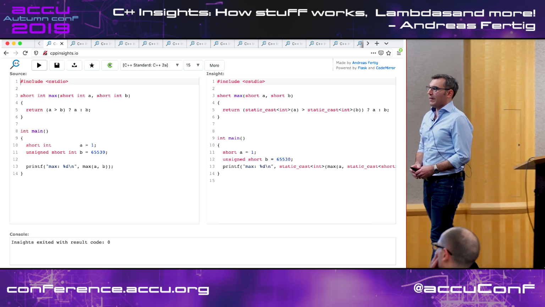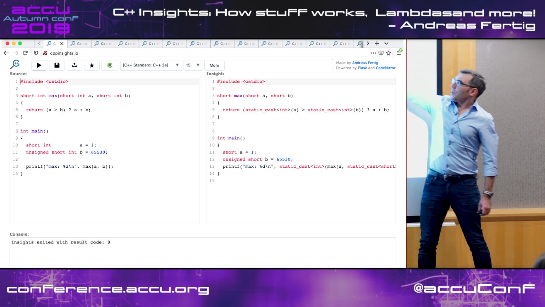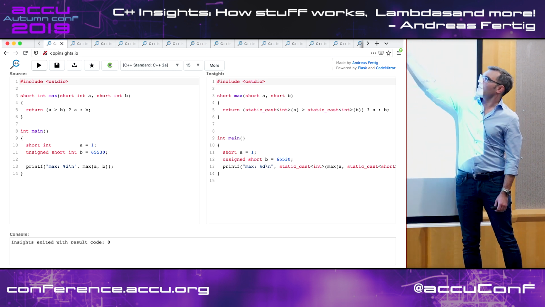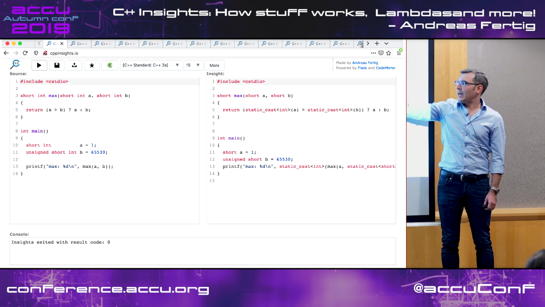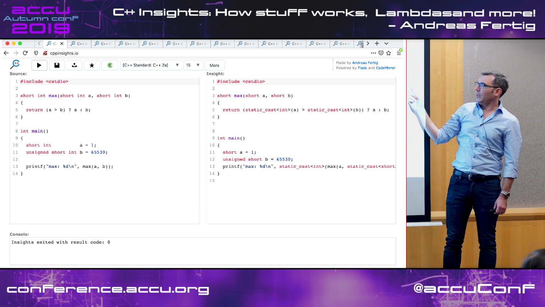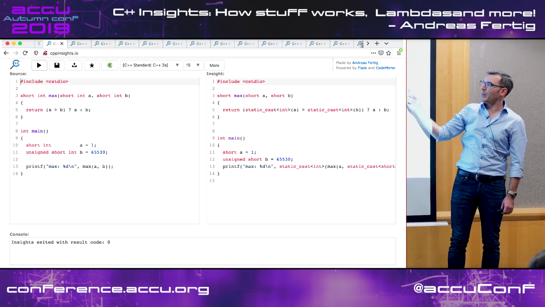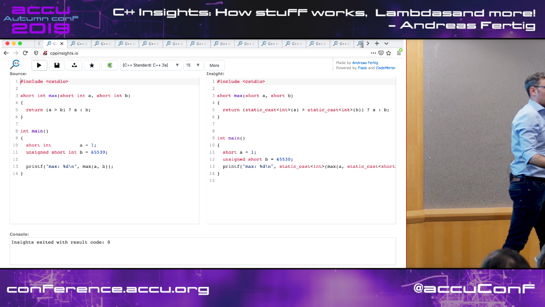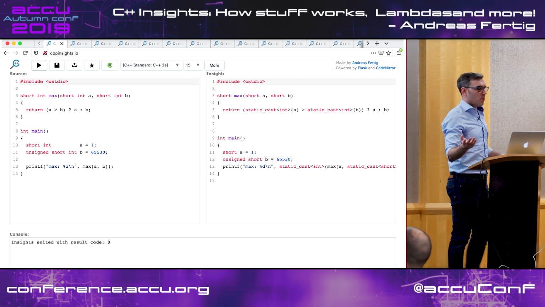we can see, in fact, I will get 4 implicit conversions. First, in the max function, A and B are cast to an int, because we compare ints, not short ints. And then the unsigned short is cast to a short when passed to max. And of course, the return value of max itself is once again cast to an integer when passed to the printf. That's what a compiler does.